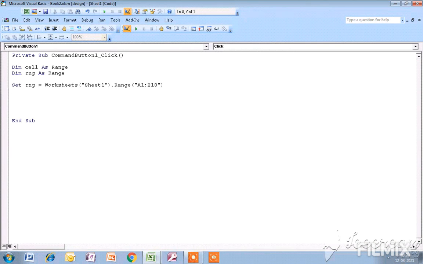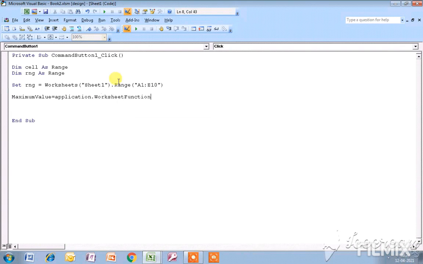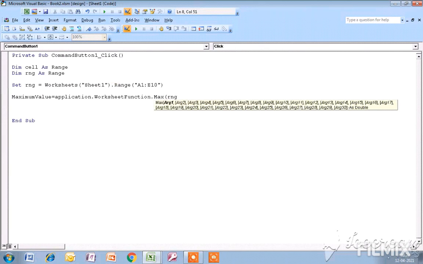Now I am using the maximum value, Max is equal to Application.WorksheetFunction.Max, and in bracket I will give RNG.